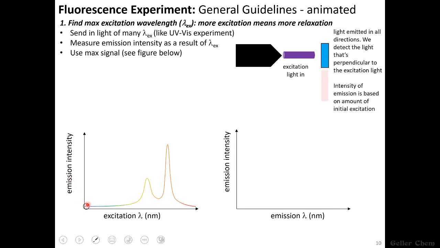But eventually we will find wavelengths that when sent in are absorbed and produce a significant emission that we can detect. And once we find the wavelength that is exciting the molecule the most, and thus in turn yielding the most fluorescent light coming back out, then we know let's only send that wavelength in and then track the fluorescent light that comes out as a result, because we want the highest signals possible. But before we get into the fluorescence part, let's just delve a little bit more into this excitation part here